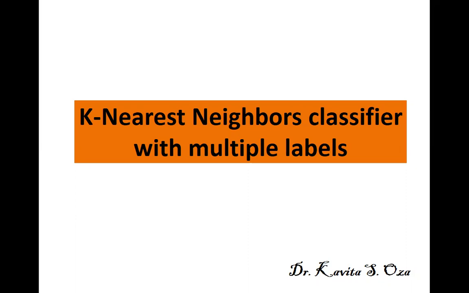Today we'll talk about again the k-nearest neighbors classifier, but the previous examples we took for the classifier were binary classifiers, right? We had only two class labels, but here we'll talk about multiple labels. And in the previous examples we created our own data set, both of the examples I took. Here we'll see how we use a data set which already exists on the internet. Fine. So let us start with the lecture.